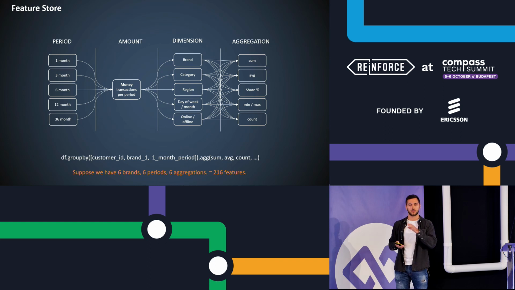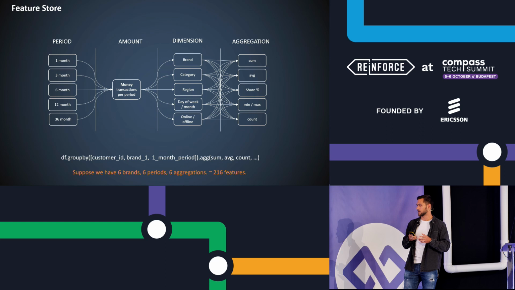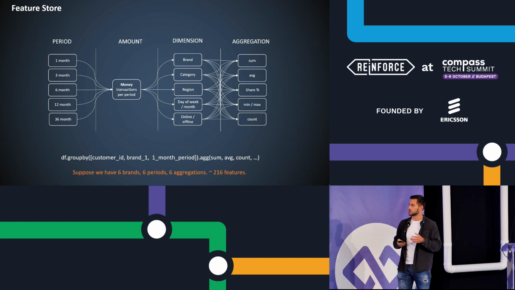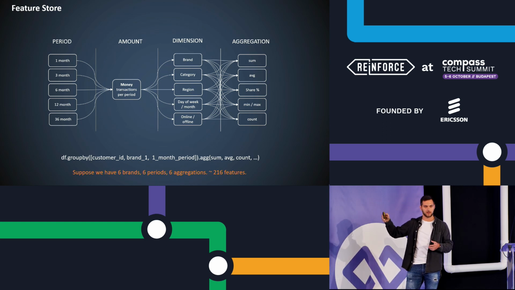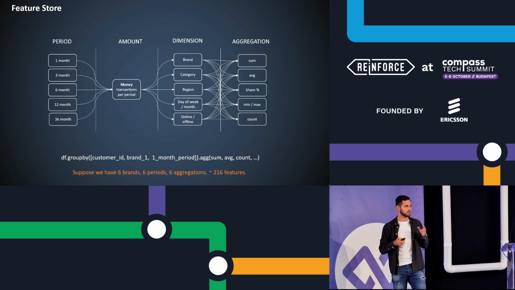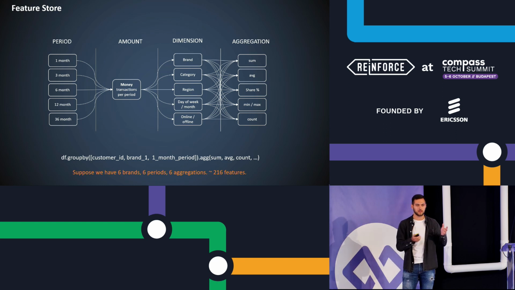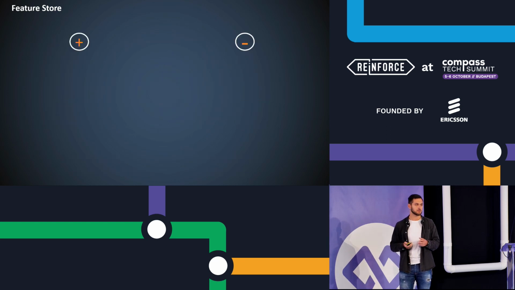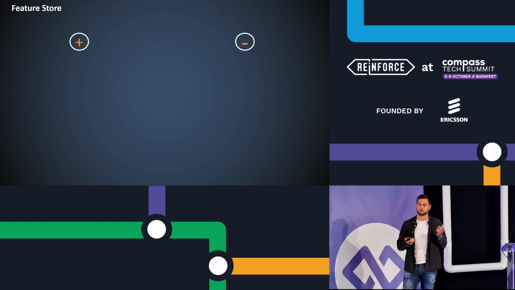But if we do this, picture this. We have 6 brands, 6 aggregations, and 6 periods. So we already have 200 features. It's more than enough to build some kind of model. And if we do it by all these factors, we will have thousands of features. For sure, at the beginning, it might sound crazy because we have 2,000 features. So what if we have 10 million clients? No, but we have some techniques to eliminate most of these features, at least based on missing values.